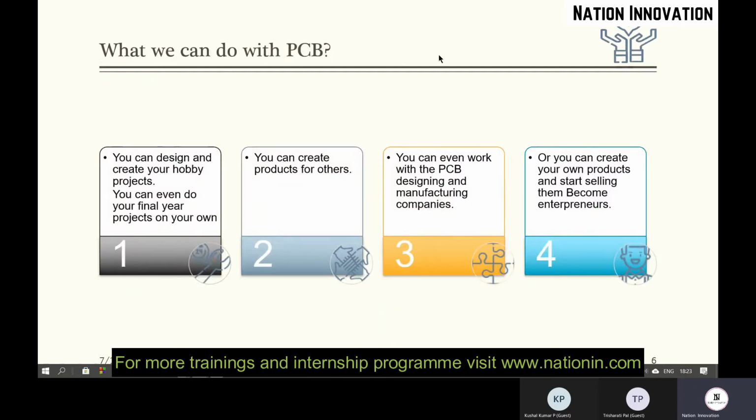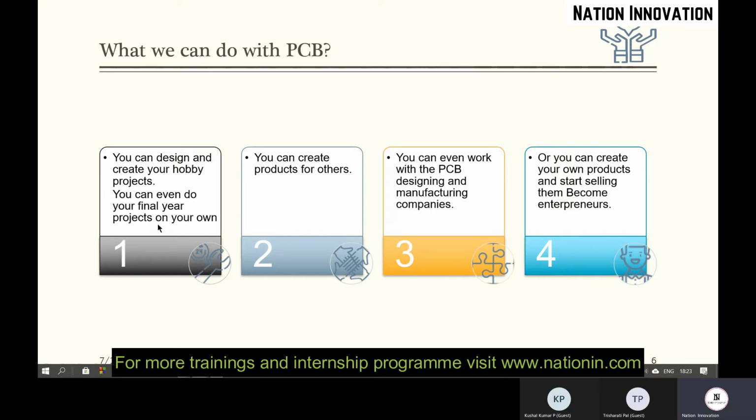So what can we do with these PCBs? There are many applications and many uses by learning these PCBs. You can design and create your own hobby projects. If you have any hobby projects in your mind, you can create them, and you can even do your final year projects.